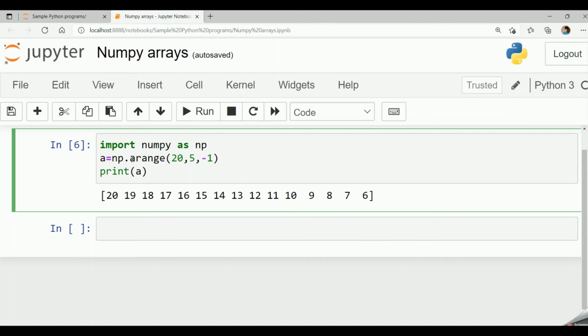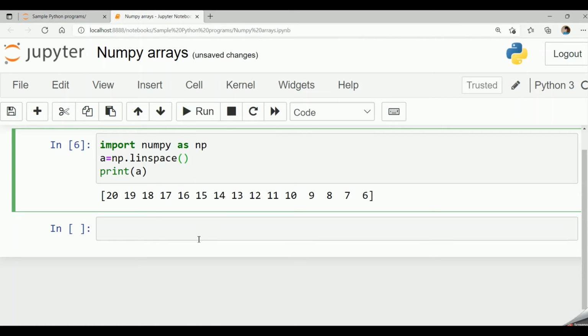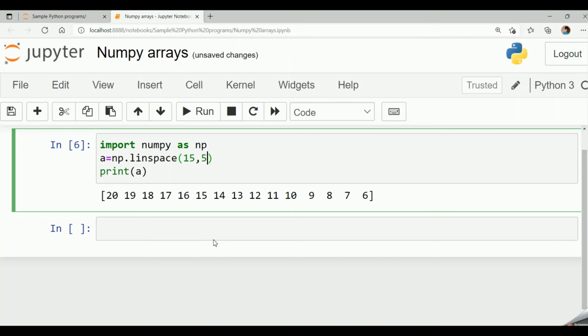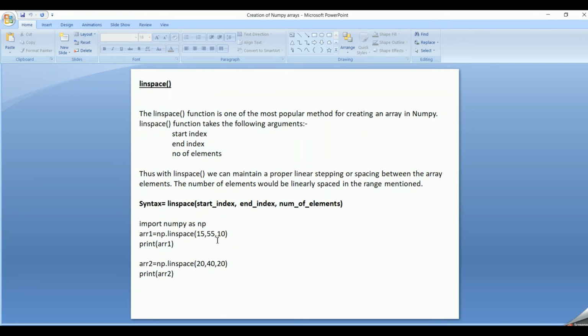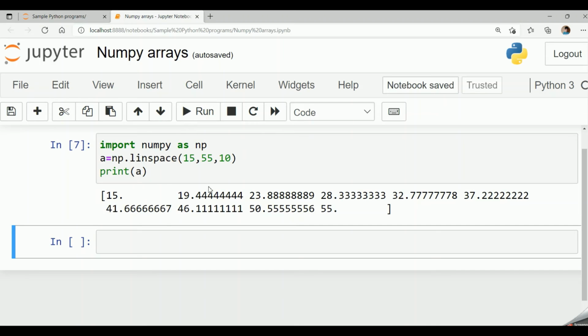So instead of arange now, let me take linspace. I have to give 3 parameters, that is start index which is 15, I am taking, and end index is 55 and the number of elements is 10. So now when I run the code, it is linearly spaced.